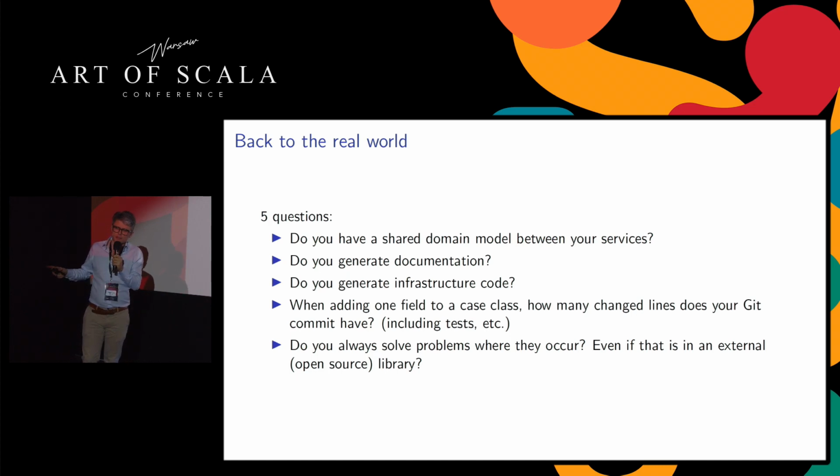But do you also create a PR on the external library and then wait till it gets reviewed and the new version is out, and then import the new version in your own code and remove the workaround? Because that's, I think, the way it should be done. Of course, we never do this all the time, but do you do it at least sometimes? I think if we think about these questions, we can gradually make our code cleaner and more efficient and make it easier to maintain. And these questions all concentrate on some aspects of deduplication and on concentrating the knowledge in a single place. So I think these are the questions we should be thinking about.